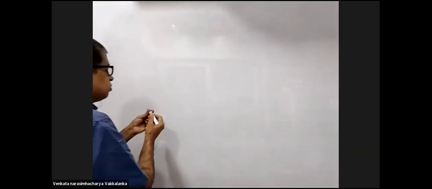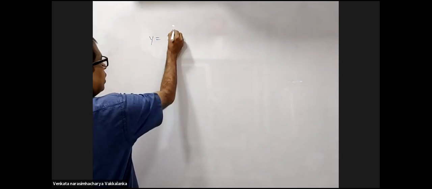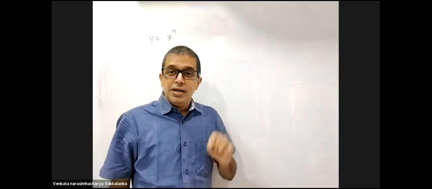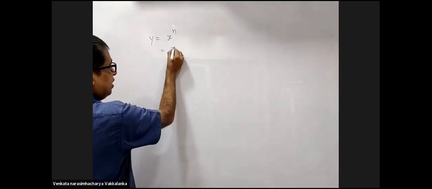Now listen. Last class, you tried to calculate delta y by delta x at limit delta x tending to 0. For x you did, for x square you did, some 2x square plus something you did. But how will you do it for x to the power n? y is equal to x to the power n. I need a general formula. Now, what you should do in the first place, this is the standard derivation.